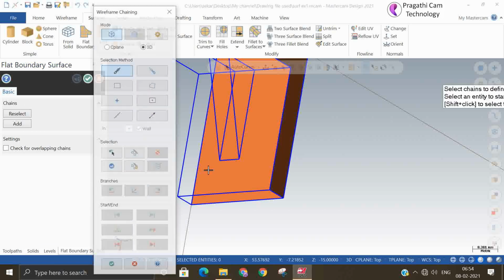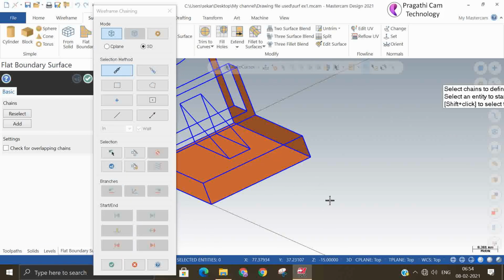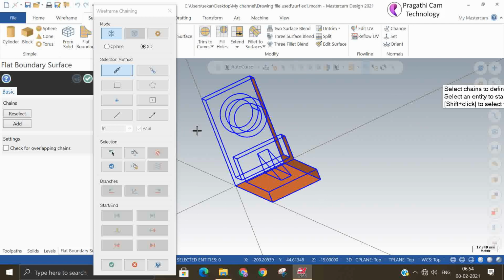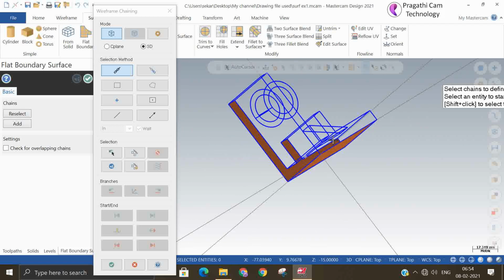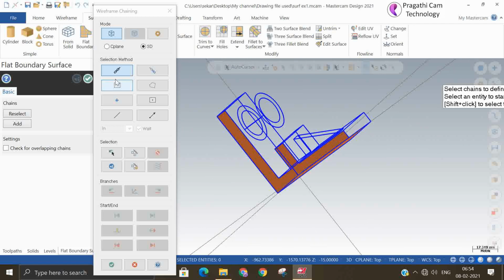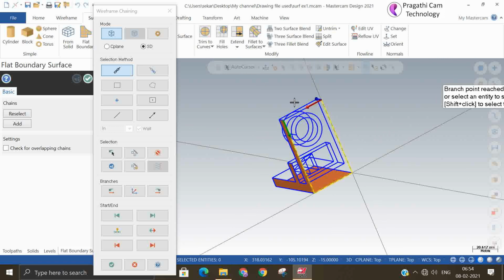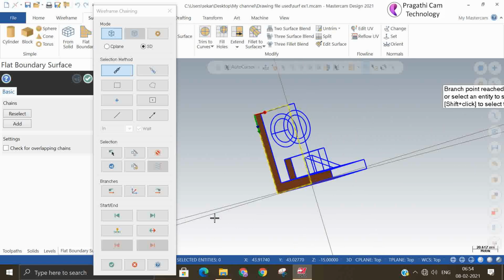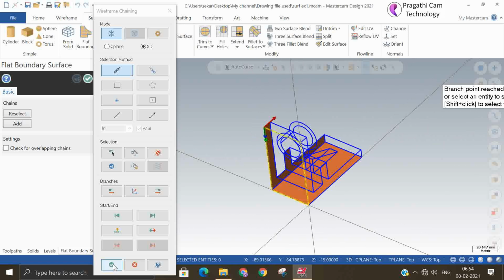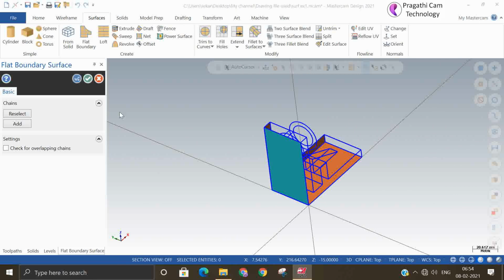So like this you go on adding the surfaces. It means that on the wireframe you are covering it like a cloth. That's nothing but the surface model. We just rotate it and add these surfaces in whatever suitable way.